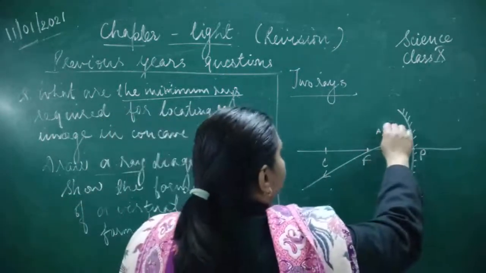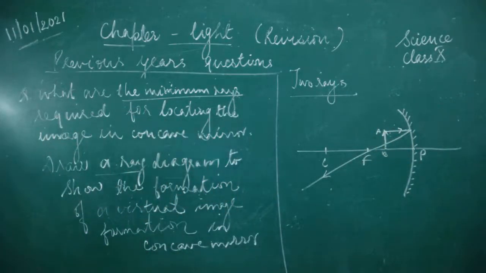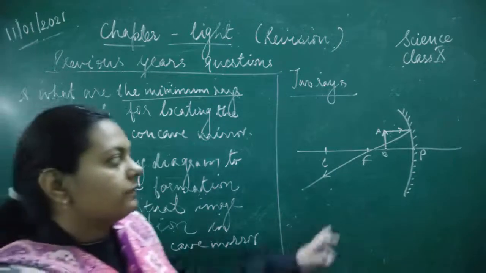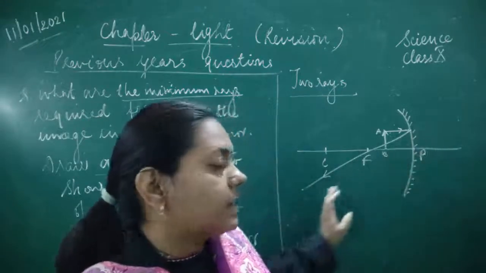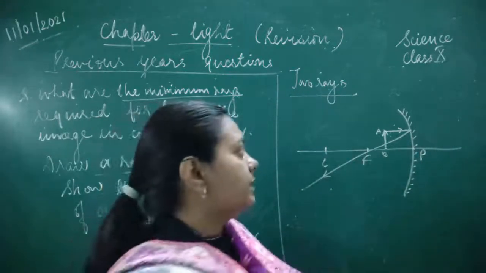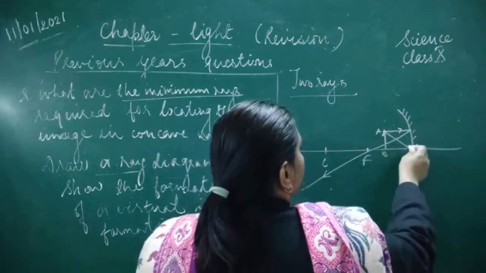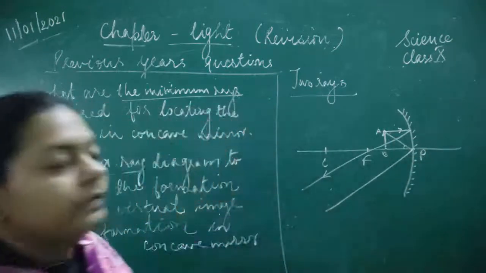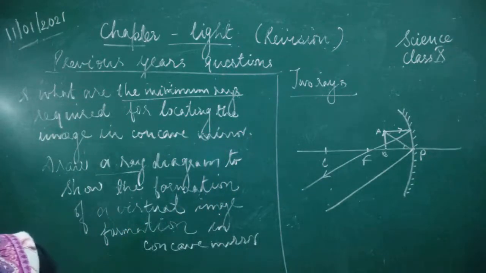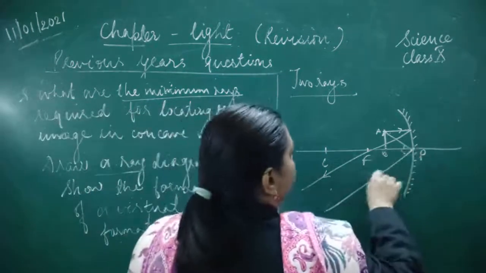What will you do? You will draw the second ray of light according to the rule. The first rule says whenever a ray of light which is parallel to principal axis will always pass from the focus. Then second point says when a ray of light is passing on the pole at a certain angle, this is going to be refracted with the same angle from the pole. ठीक है? So ये और ये angle बिल्कुल बराबर होंगे.